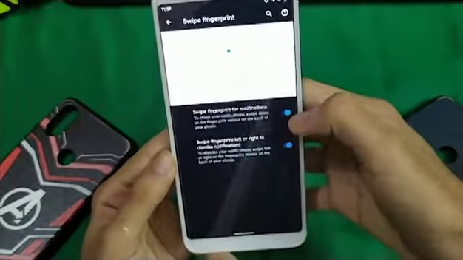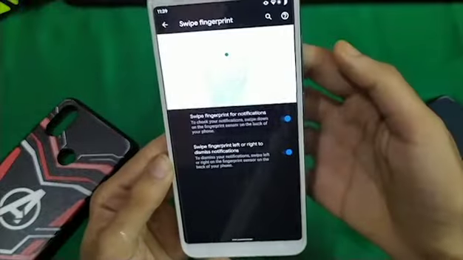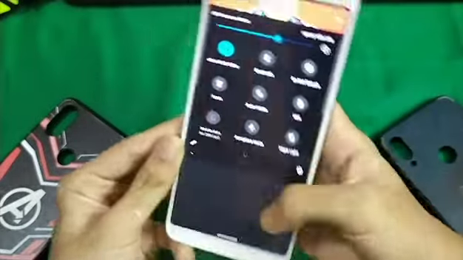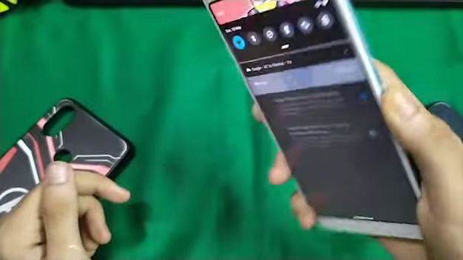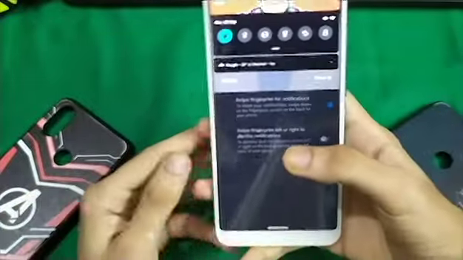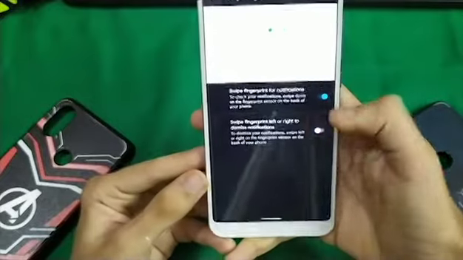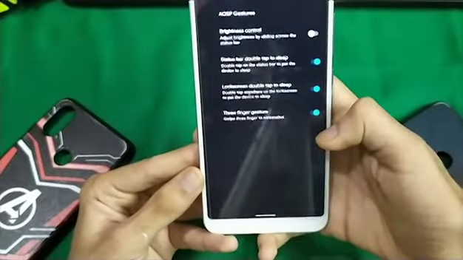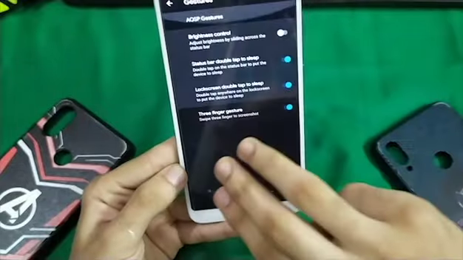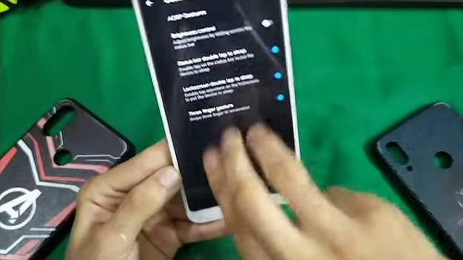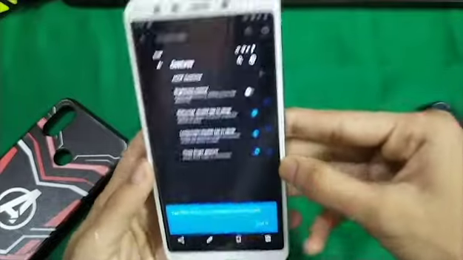Also, this is the Mi A2's exclusive feature, which is swipe fingerprint for notifications. As you can see, if you swipe your fingerprint, you will get the notifications, or you can swipe your notification to see the quick setting icons. As usual, there are three finger gestures which you find in every ROM, or nowadays every phone packs these features, as you can see.